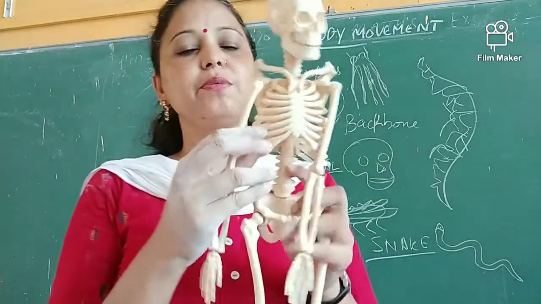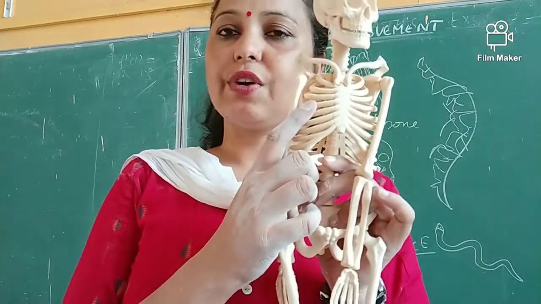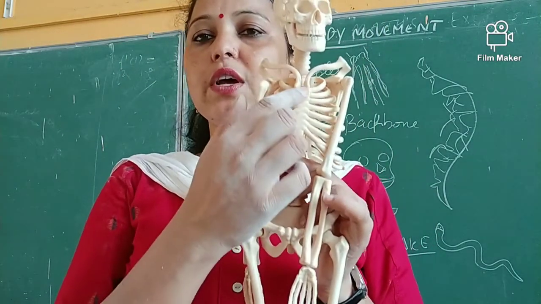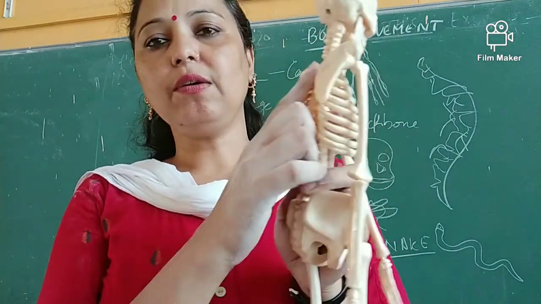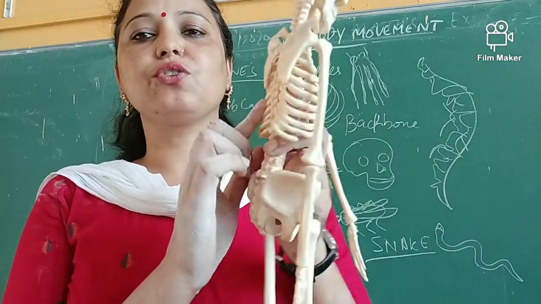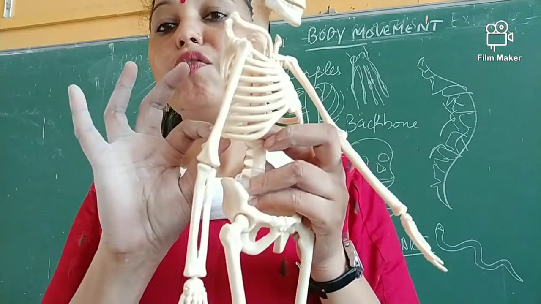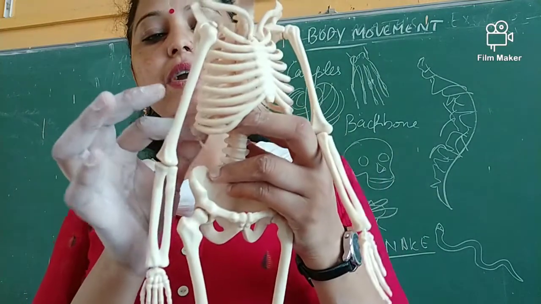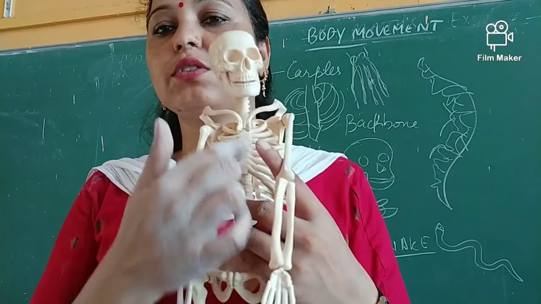After that, there are the ribs. These are ring-like structures. There are 12 pairs of ring-like structures, known as rib bones. They are connected from the front side with the breastbone and from the back side with the backbone. You can see it clearly. These are the 12 pairs of ribs, and the last two are known as the floating ribs because they are not completely connected with the breastbone. This one is known as the breastbone.